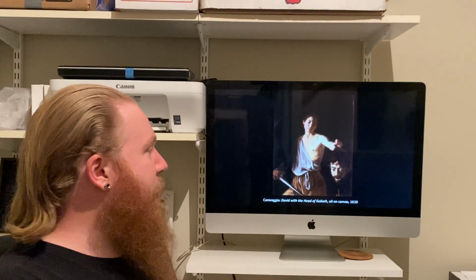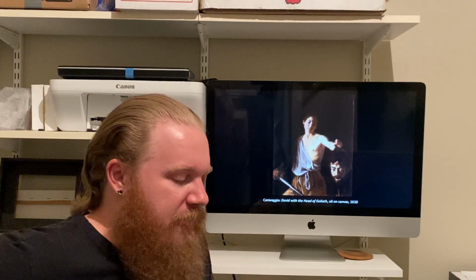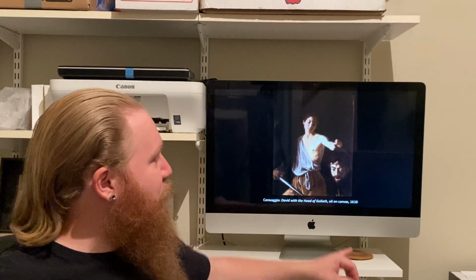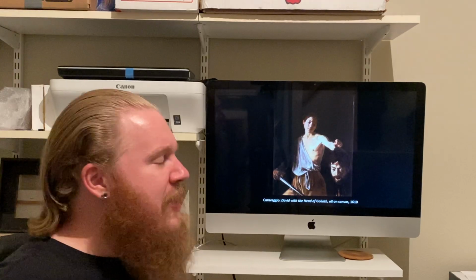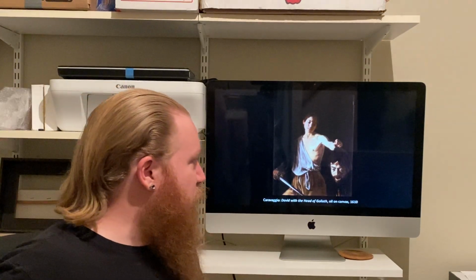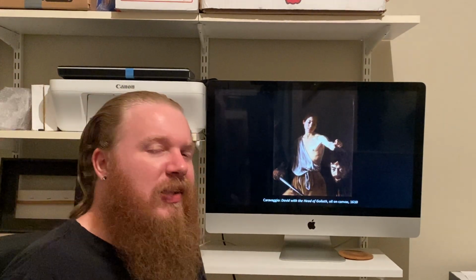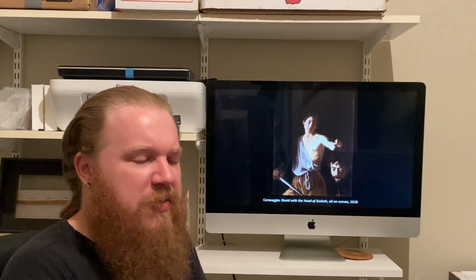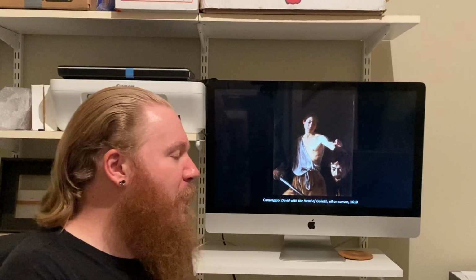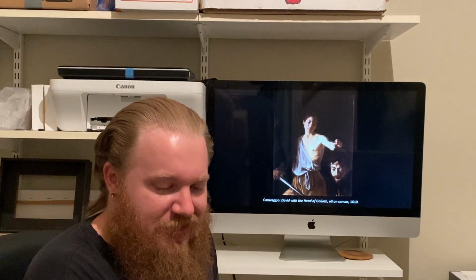What I find interesting about this painting is that it's the only known self-portrait by Caravaggio. And Caravaggio has depicted himself as the severed head of Goliath here. In the story, David hurls the rock at Goliath, kills him, and then he takes Goliath's massive sword and beheads him. And this was done in part by Caravaggio to offer penance for some of his